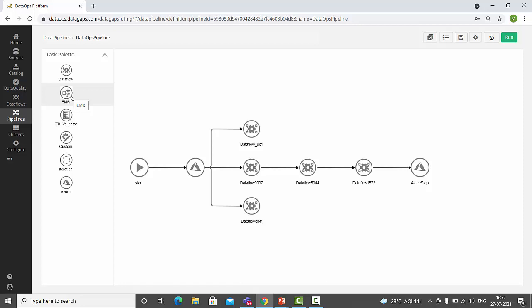And you can see the next task is ETL validator task, which is more for the integration between ETL validator and data flow we have. So you can create test cases in ETL validator tool, and we can also trigger those test cases from this pipeline. Coming on to the custom task,